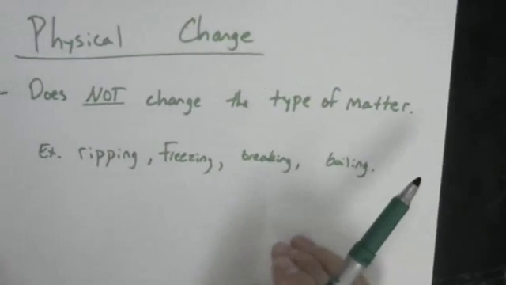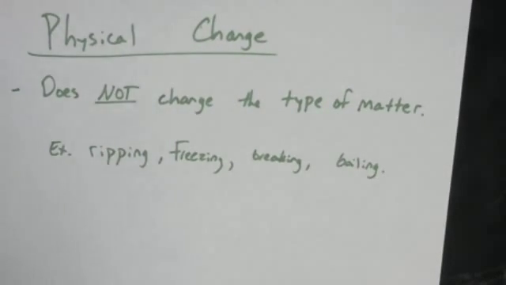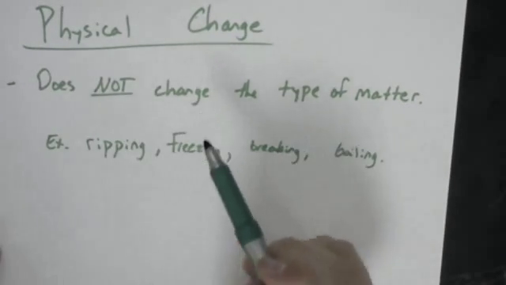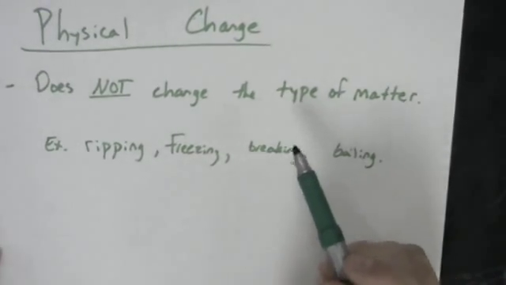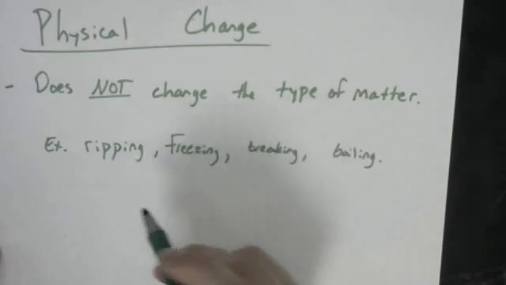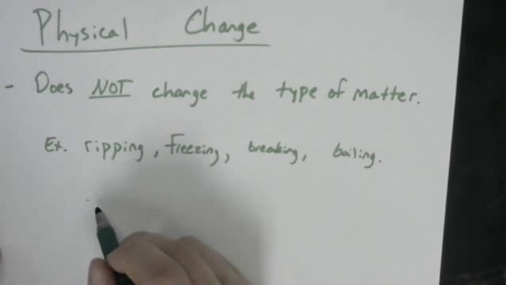Okay? And then also now let's look at the changes. I'm going pretty fast, but let's look at the different types of changes. We looked at chemical properties versus physical properties. Let's look at the changes. Physical change does not change the type of matter. So whether it be ripping, freezing, breaking, boiling, if it's the same composition, just say